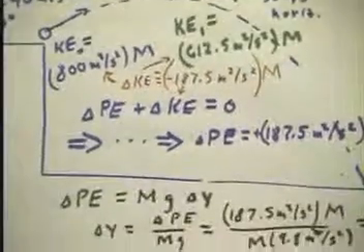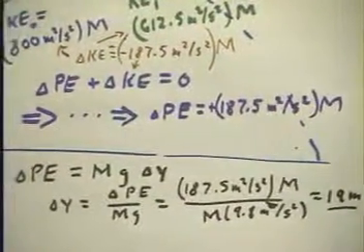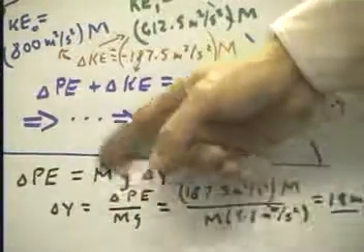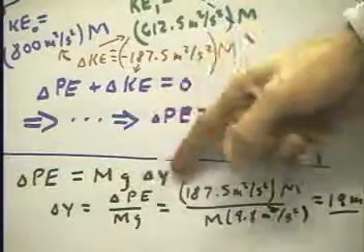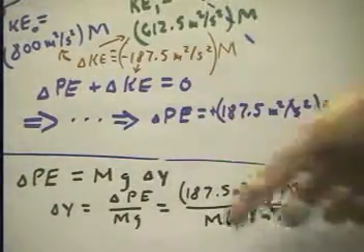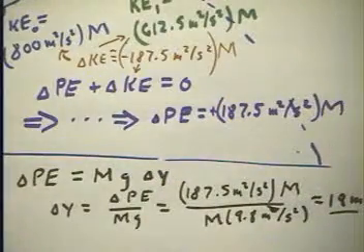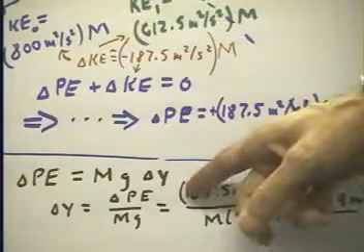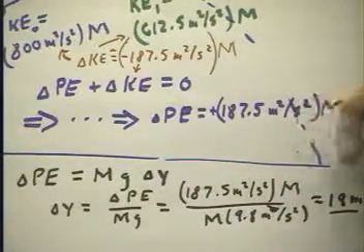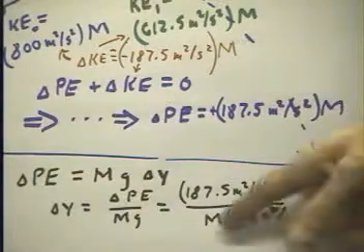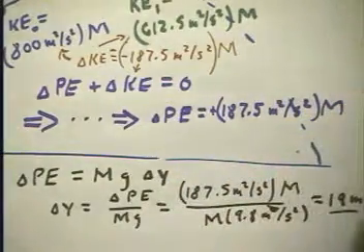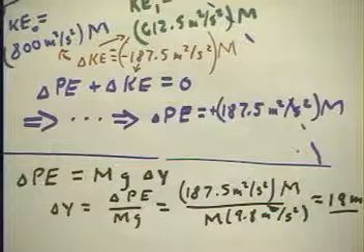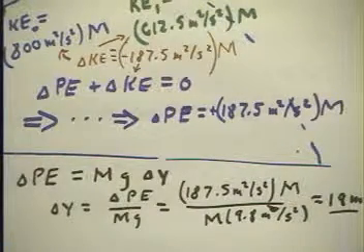And how are we going to do that? Well, pretty simple. The change in potential energy between 2 points of a mass m is mg delta y. The weight times the height you got to lift it. So our delta y is going to be our delta potential energy over mg, and we write that expression out like so. Simply change of potential energy is our 187.5 meters squared per second squared times big M. Our big mg is big M times 9.8 meters per second squared. We divide that out and we get something like 19 meters. So that this object rises 19 meters